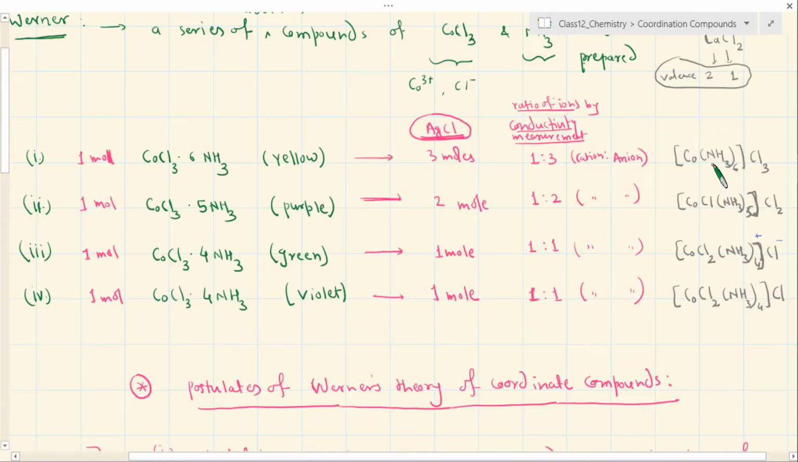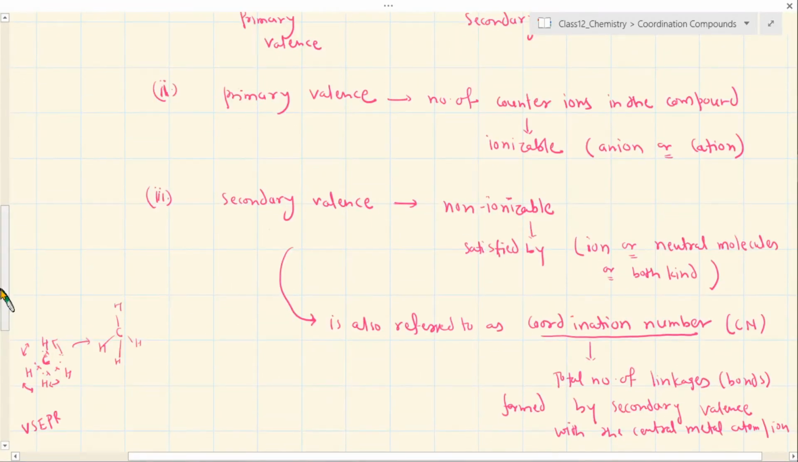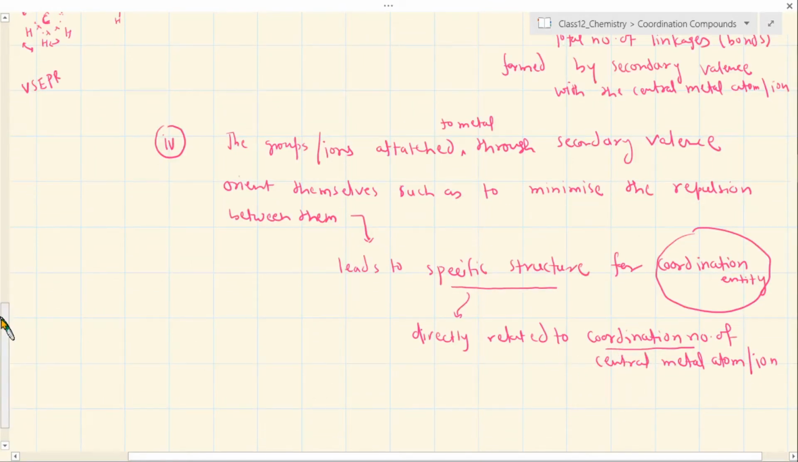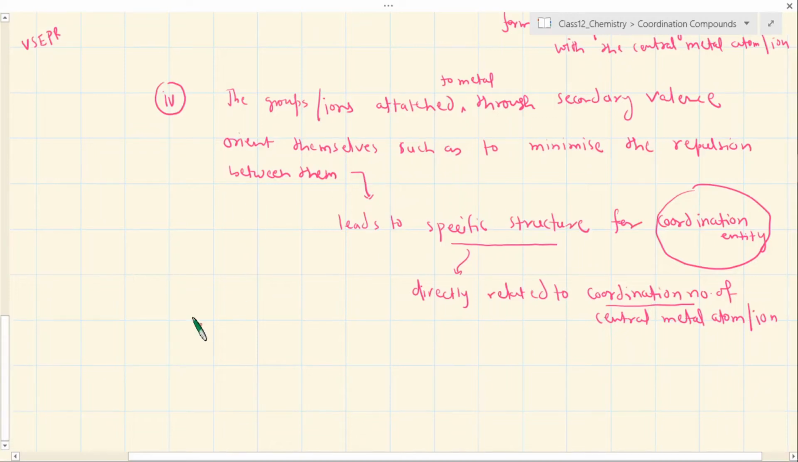Suppose if there are 4, they will orient in a different way. So whatever total number of groups or ions you have that are attached to this central metal atom through secondary valence, they will orient in a certain way. That means coordination number, जिसको हमने अभी यहाँ पे देखा था secondary valence जो total number होता है, that is related directly to this, and this was something established independently by him. So here is a proposal that suppose you have a compound where you have a coordination number, for example in this compound